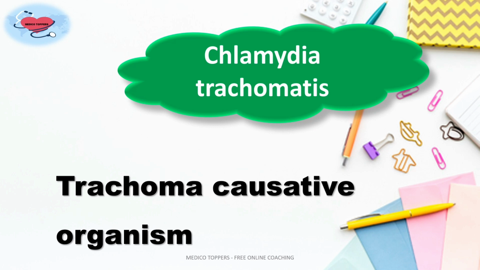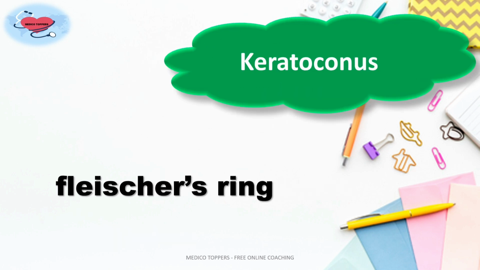Clinically, trachoma will show scarred limbal follicles and conjunctival scarring. The scarred limbal follicles are known as Herbert's pits, and conjunctival scarring shows Arlt's line on the upper tarsal conjunctiva. So Arlt's line on upper tarsal conjunctiva and Herbert's pits, which are scarred limbal follicles. So this is also an important MCQ.